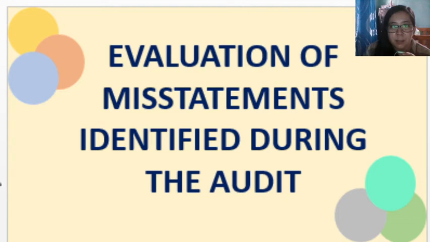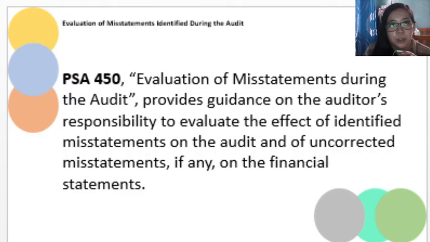Some of the concepts here were also discussed in our prior video lectures. PSA 450 is entitled Evaluation of Misstatements Identified during the Audit. This provides guidance on the auditor's responsibility to evaluate the effect of identified misstatements on the audit,